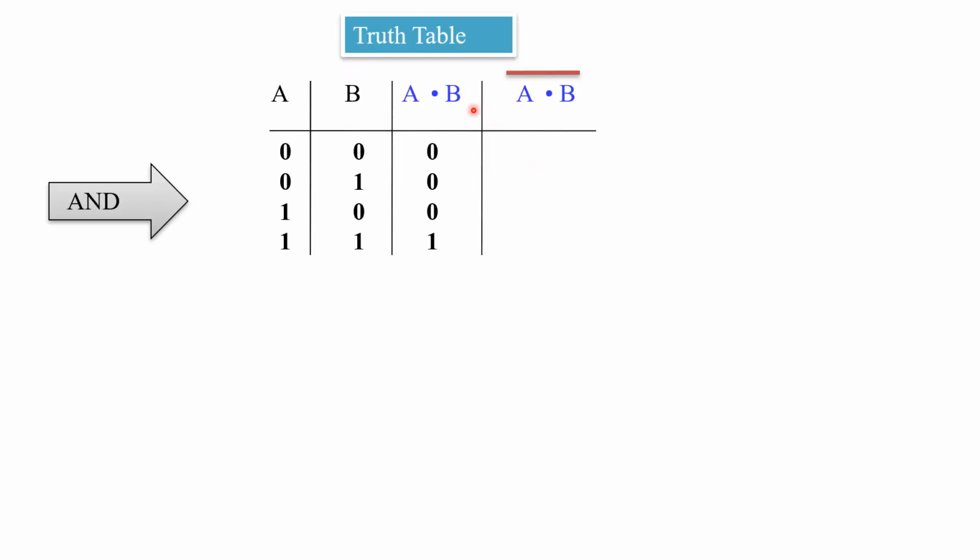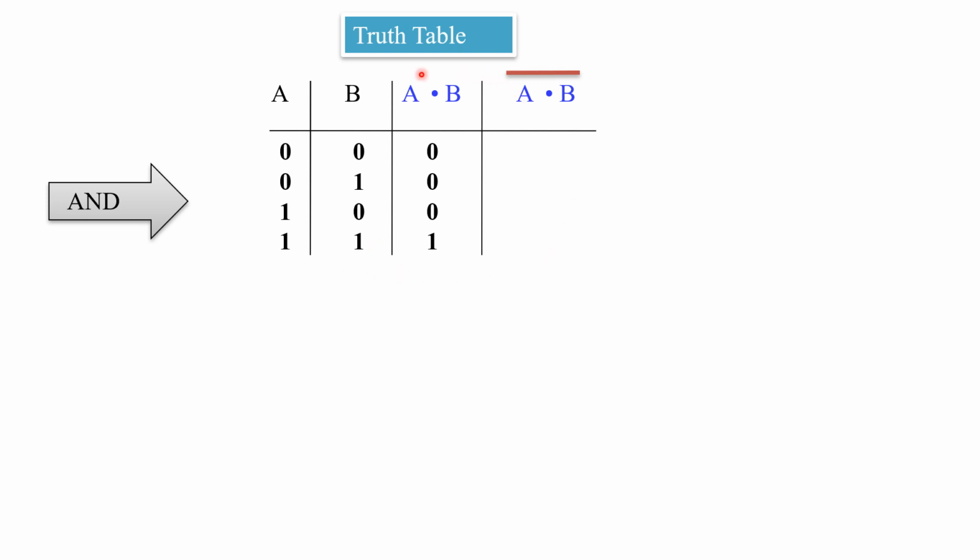If we see the truth table, the output of the NAND gate is simply the complement of the AND gate. So let us see the truth table. Here we have two inputs. So how many combinations of 1 and 0? 4 combinations. In the previous session we have seen the formula: if there are n inputs, then 2 raised to n is equal to m. So 2 raised to 2 is equal to 4 combinations of zeros and ones. So what are the combinations? 00, 01, 10, 11.